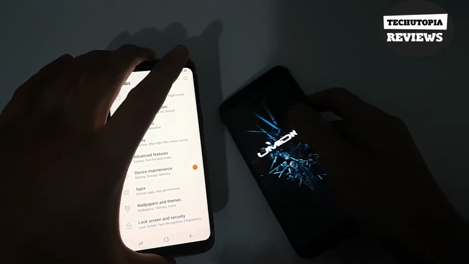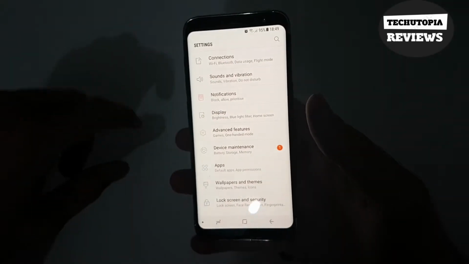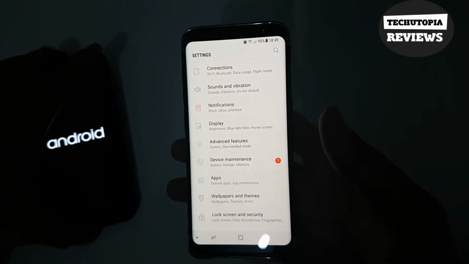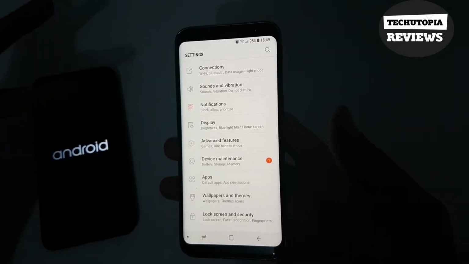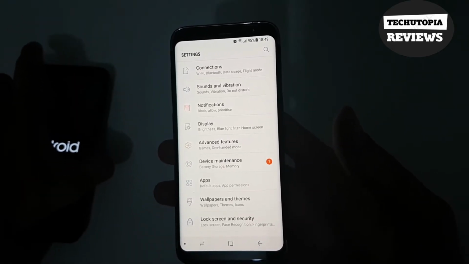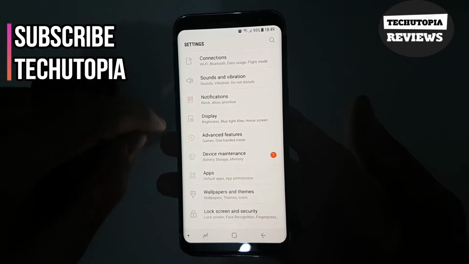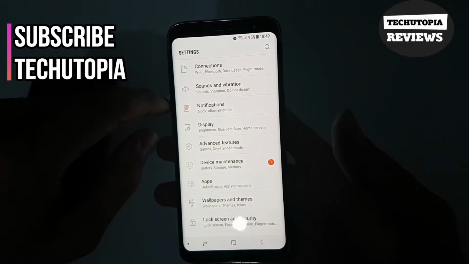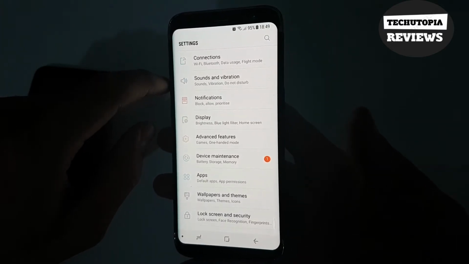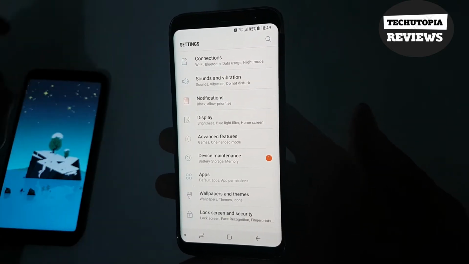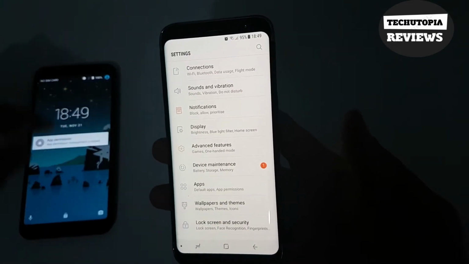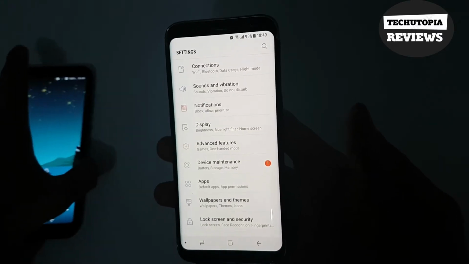The UMIDIGI S2 in many countries has the bug of no data availability, so you can't use the mobile data, internet, whatever you can. Somewhere where you don't have a Wi-Fi, you want to use your SIM card for the mobile data, you can't use it at all. With the UMIDIGI S2, there's a big problem. It seems that the software itself is not that optimized, and they maybe didn't set up correctly the auto settings for the APN, whatever. I don't even know how to explain their problem there, but basically there's no mobile data for you in many